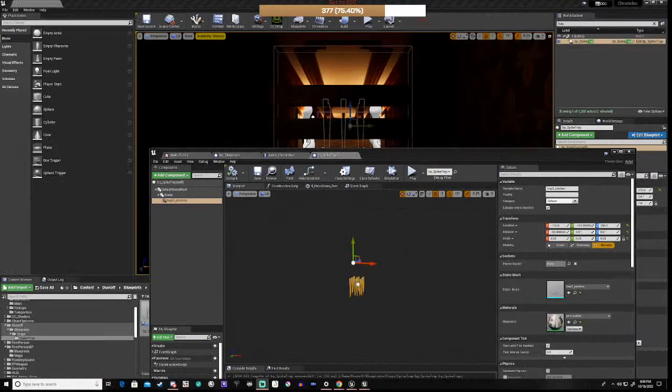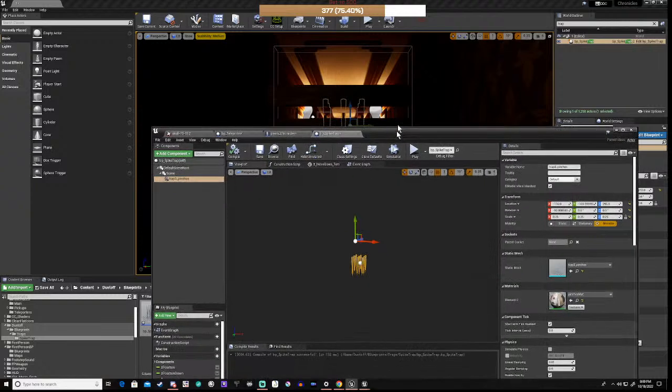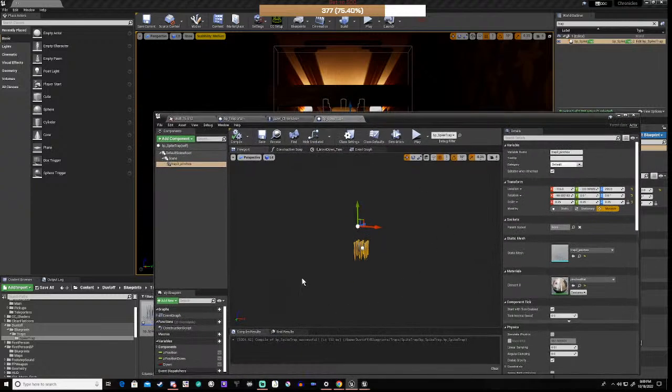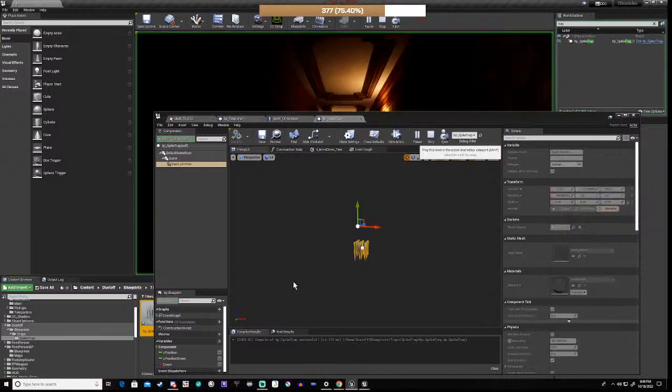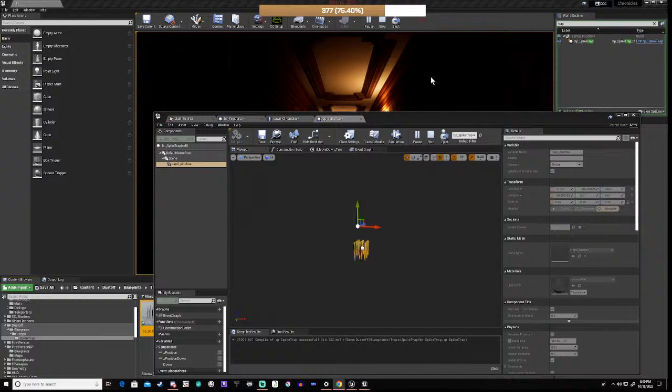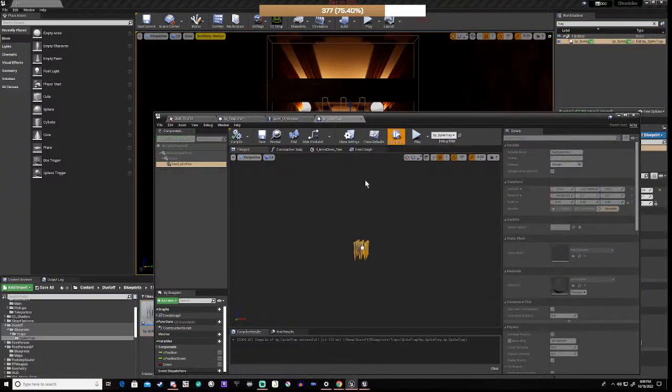Hey guys, Tuesday night, and we are working on a trap. So, we got this working, and you'll see the mechanism of the trap here. But not if I press that. If I press simulate,